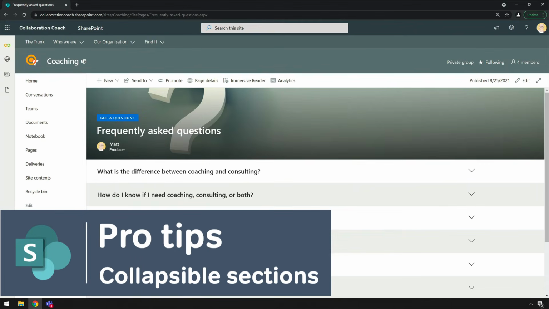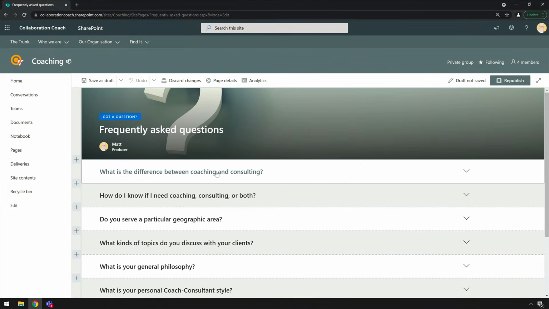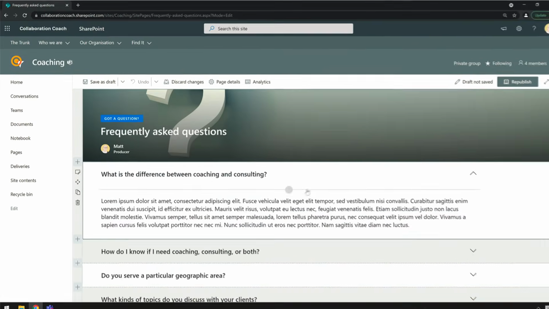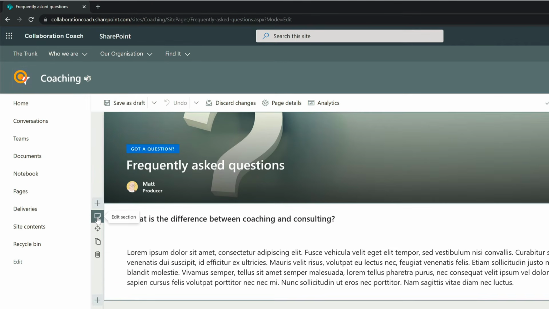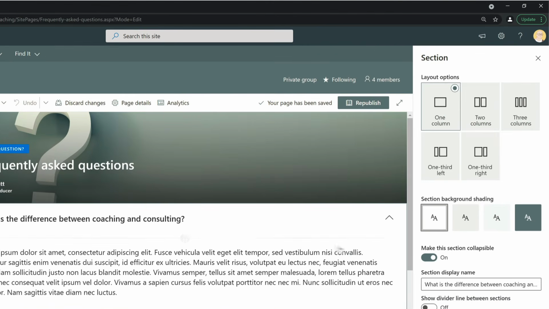Now, here's a couple of tips to take your pages to the next level. So first of all, each of these sections can be formatted in different ways. So for example, if you wanted to add an image to one of the sections, you could easily do that. So if I edit the page again and open up this first section, I can always change the format or the layout of the section by choosing the Edit Section button here. And then you'll see I've got my 5 different options here.